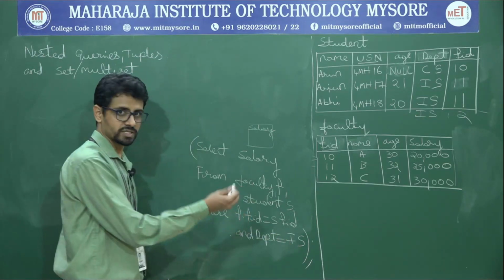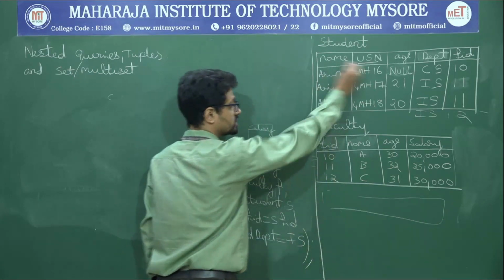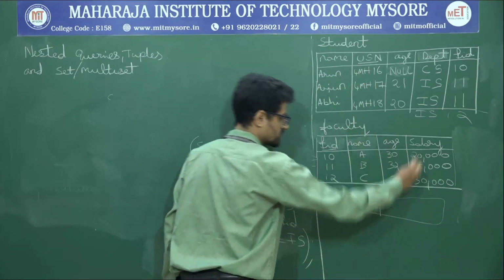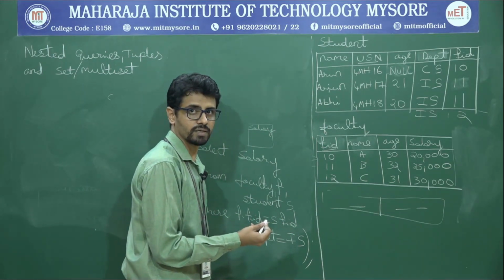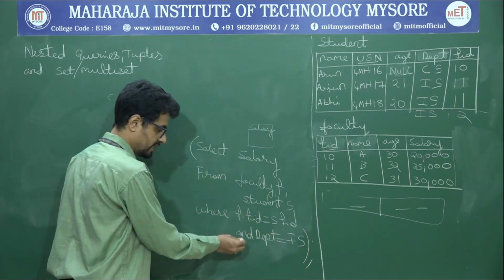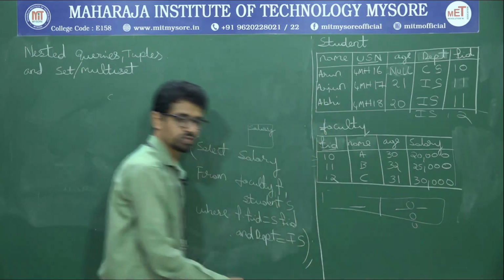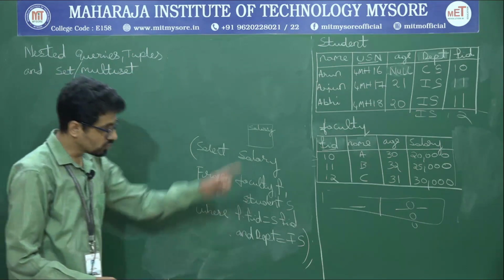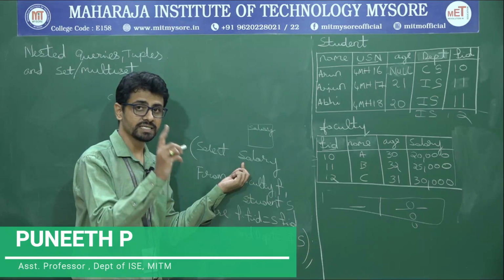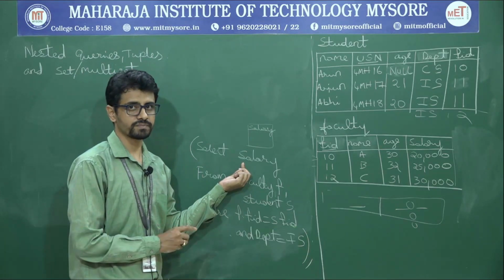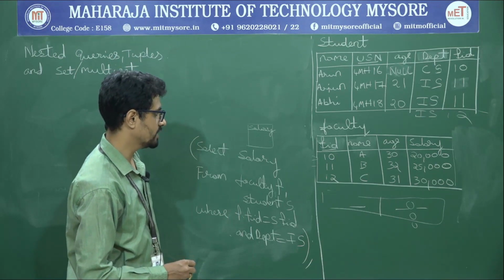When I perform the join operation, as you all know, one big table is created with the attributes of this table plus the attributes of this table, one next to it. As we discussed in the last class. After this join, I'm saying department equal to IS. In all the rows where the department value is IS, only those three rows will be selected. In those three rows, only the salary attribute has been taken. So when the output comes, what output will I be getting?